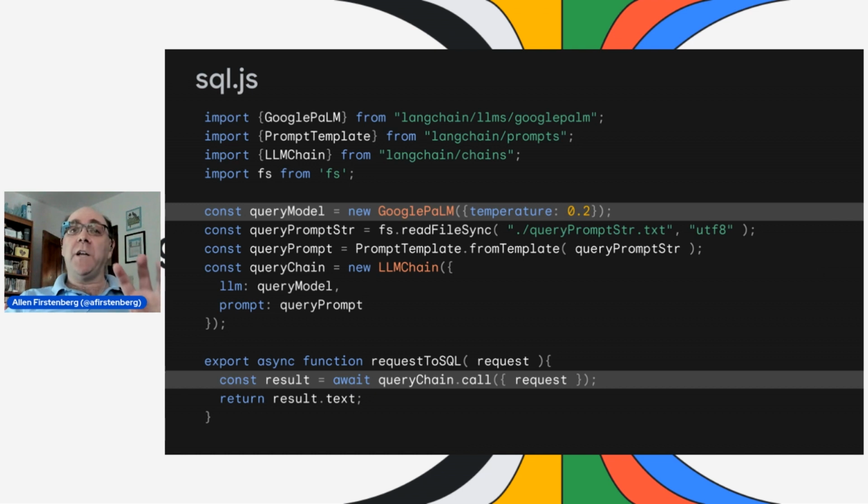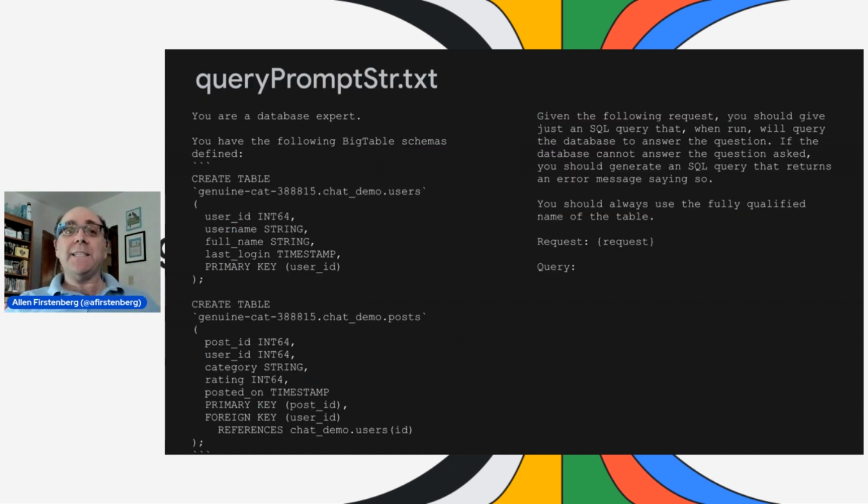Now, the big notion in here, what we needed to configure, is what does that prompt look like? In this case, it's a fairly extensive set of prompts. But you'll notice most of that is just that we're defining what the two tables look like. We're defining what our users look like: a full name, when they last logged in. And we're defining what their posts are: an identifier for the post, the user, what category it might be in. Maybe we've got some rating, we've got a date for that. So this is all some information about the post itself.